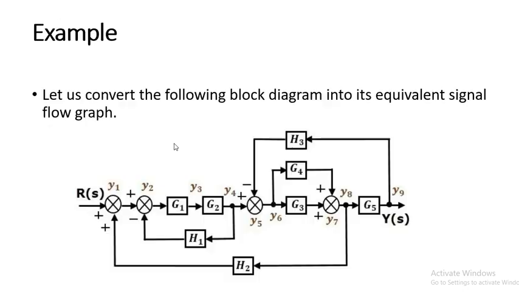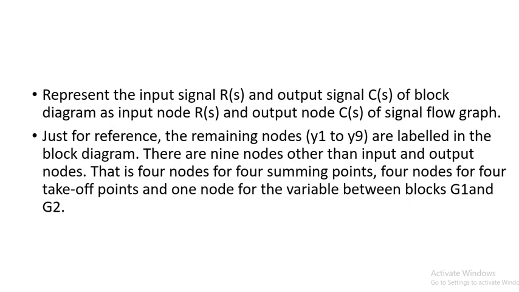Okay, so just like I am doing this. Now this is a take-off point, so it is very easy to allocate a node here. Again this is a summing point. Again I am representing a node here. This is again a take-off point. Okay, so again if you see, this is the summing point, so here y7 will be given. For this dot, y8 will be given, and for this take-off point, again I am giving another node, that is y9. Okay, now what we have to do is draw the diagram.